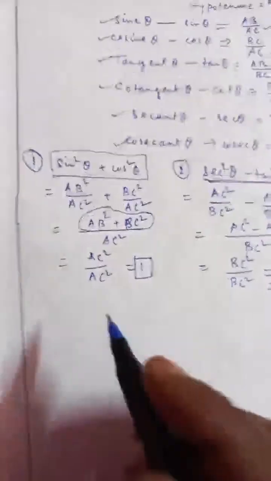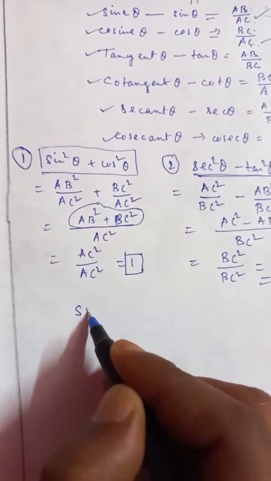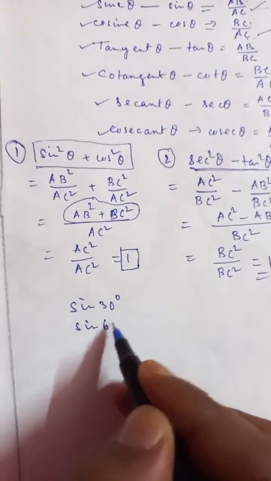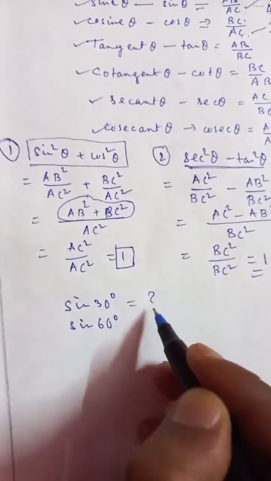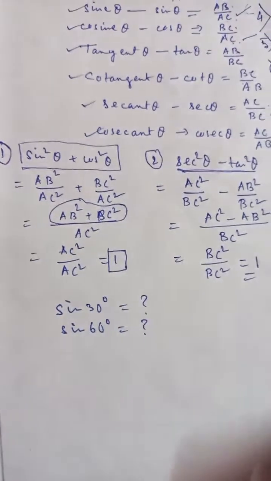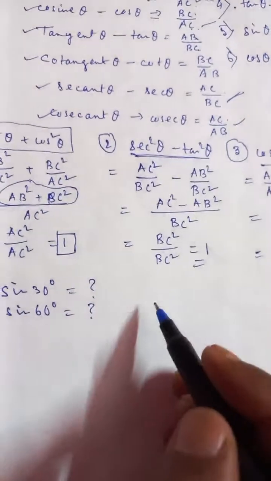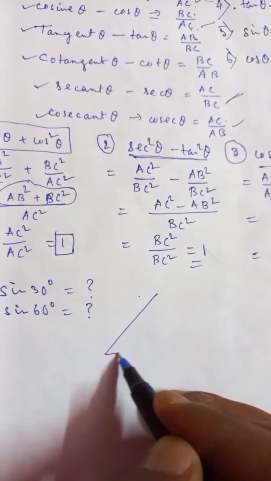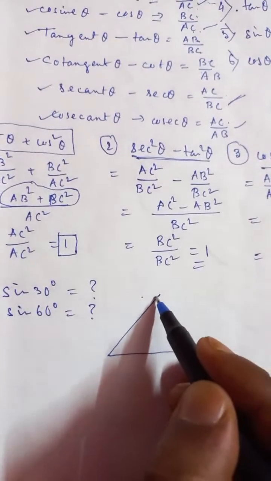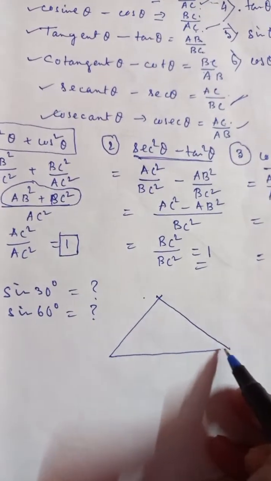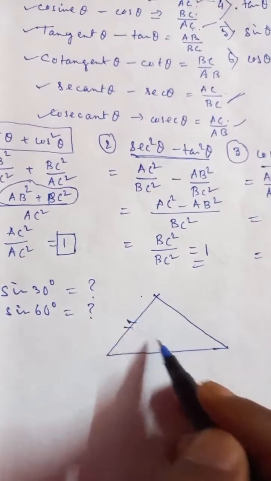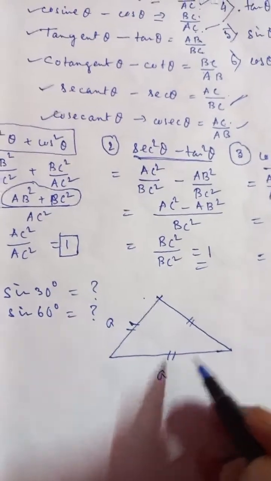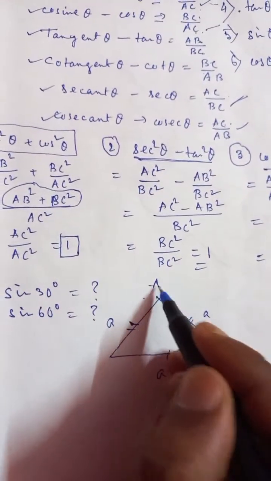Now if we want to know the value of sin 30 degree and sin 60 degree, how could we know these values? So here we have to take an equilateral triangle. This is an equilateral triangle. Three sides are equal. All are equal to side A units. See A, B, C,